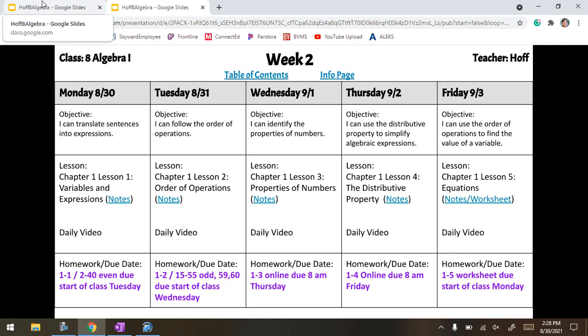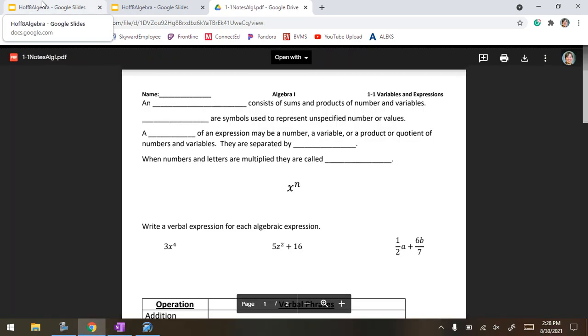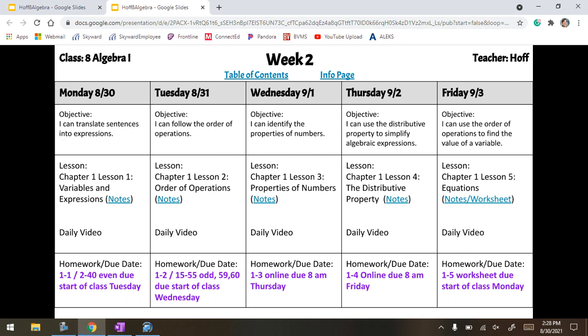So today we're going to translate sentences into expressions. It tells you it's chapter 1, lesson 1, the name of it. If you're ever gone and you want to print the notes, you can. You don't ever have to. If you just want to write them in your own notebook, that's totally fine. And then after your class period, at the end of the day, I will link this video that I'm currently recording right here on Daily Video. So if you're gone, you just go and click Daily Video. It's like you'll never miss class. And then your homework's always down at the bottom. Okay? We'll talk about the rest on there, so how you get there. Questions so far? Good?